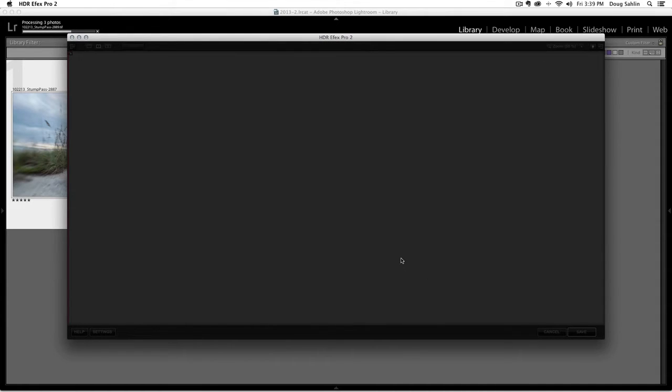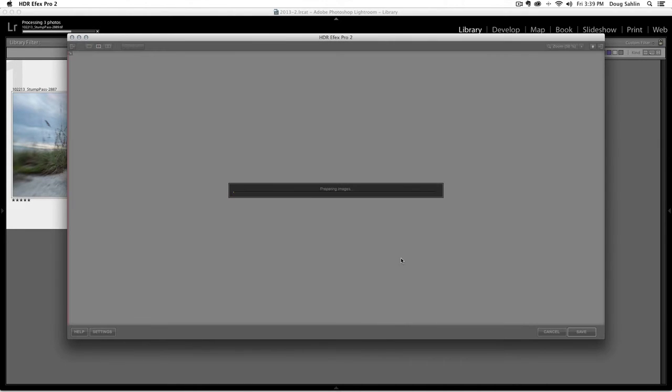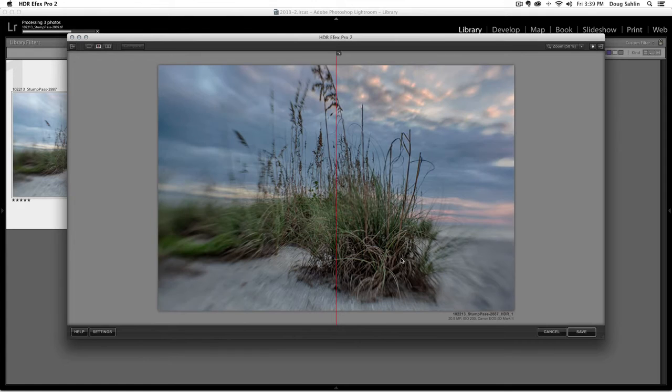And what HDR Efex Pro 2 is doing is aligning the images and removing any ghost effects that would appear because parts of the scene moved between the 3 exposures. For example, if it was a windy day and these sea oats were blowing around in the breeze, it would prevent a ghost image showing up here and here. So now my 3 images are blended,